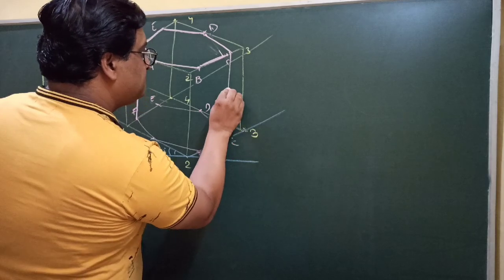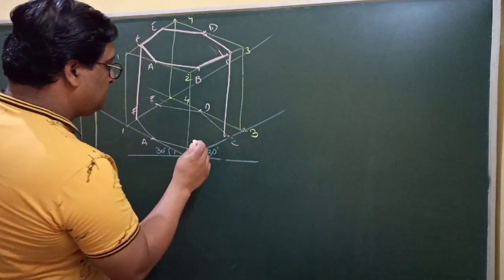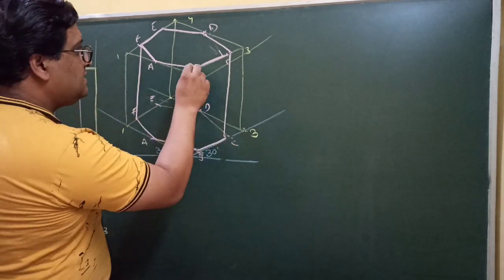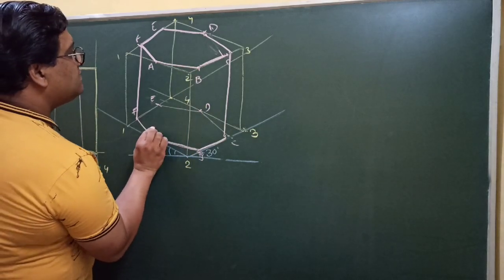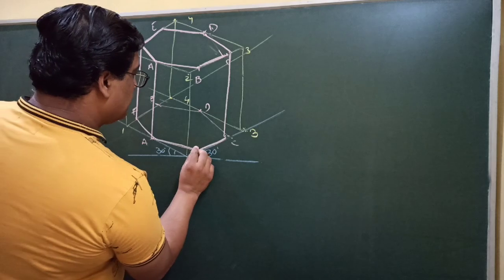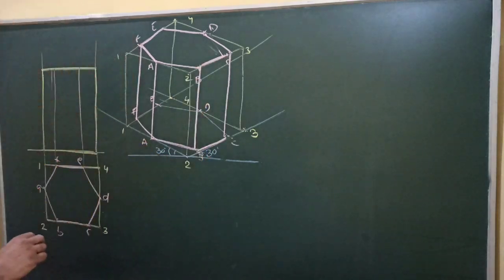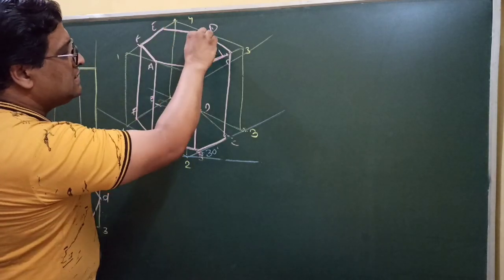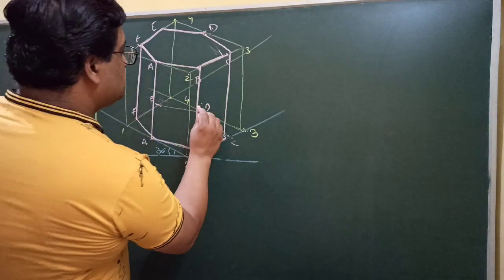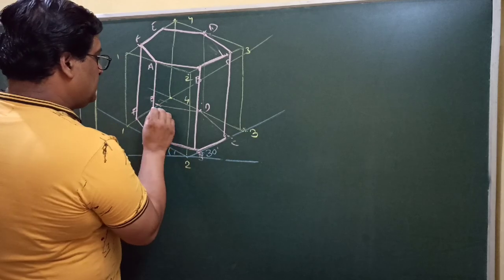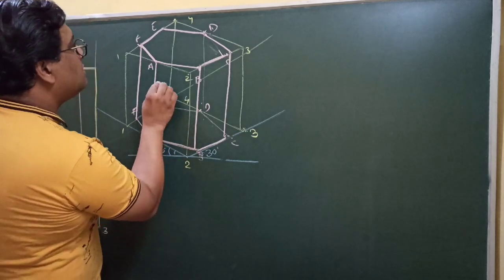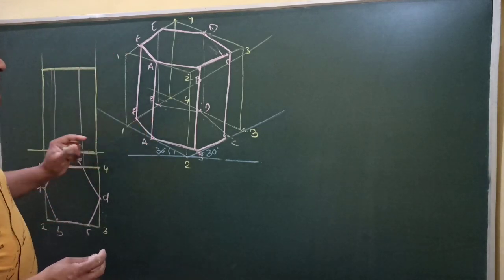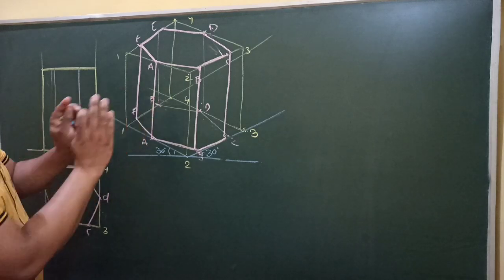These are the outlines, C to C. Then these lines must be darkened and these lines must be darkened. The lines which are in front must be darkened, and the lines which are behind need not be darkened. Behind means lines from E to E may not be shown here, D to D may not be shown here, because though they are there, they need not be shown, because in isometric projections we generally don't show the hidden lines. So in this manner the isometric projection of this prism is drawn.